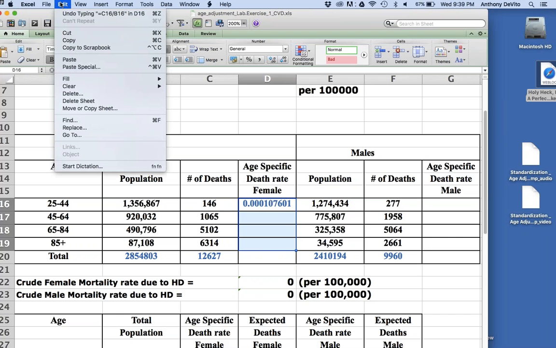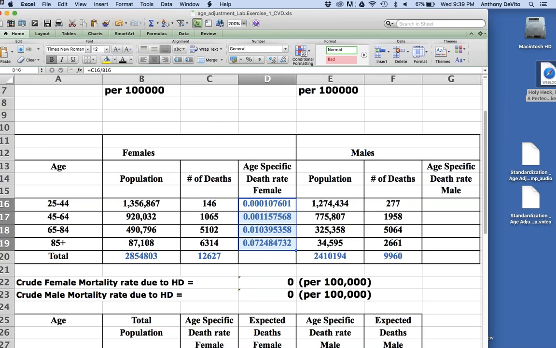I'm going to say fill down, and it's going to calculate the age-specific death rates from cardiovascular disease for each of these groups. Well, look at this, the highest. Look how much higher that oldest age group is. In fact, you guys know that if I add these all up, well, I'm not going to worry about that